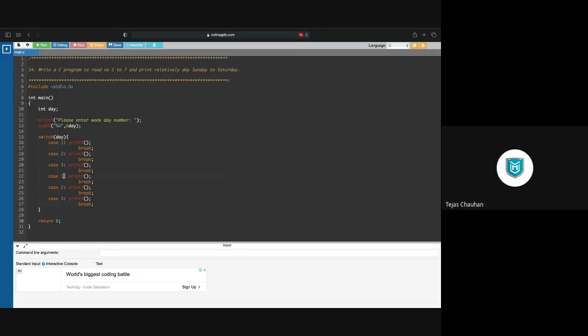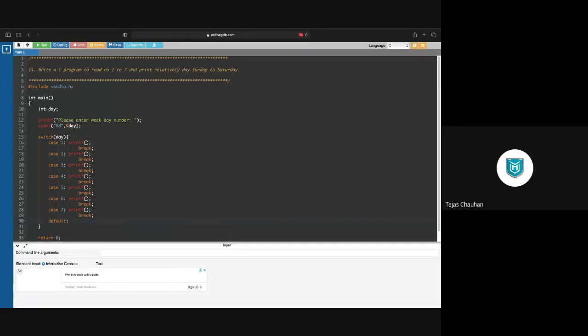So 3, then let's say 4, 5, 6. We require one more, so we call it 7. Sunday to Saturday. Now the user might enter some different value also, and for that we'll have